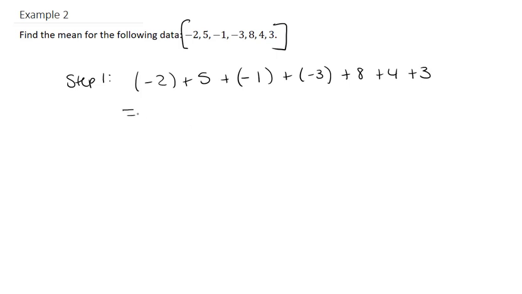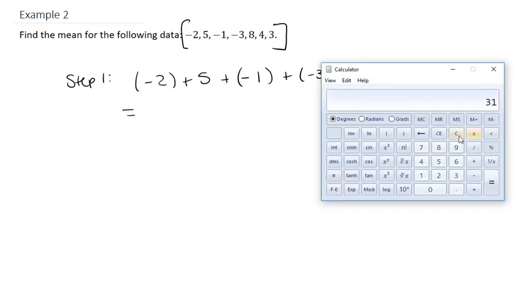So this is equal to, when we get our calculators out, -2 plus 5, and we can just say it's -1 minus 3 plus 8 plus 4 plus 3, which is equal to